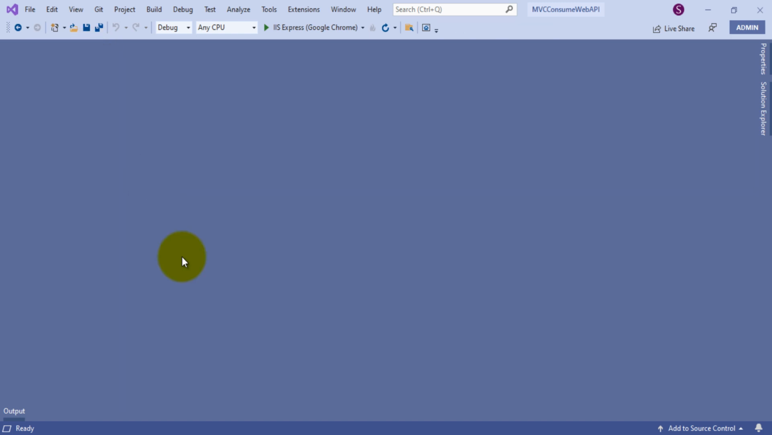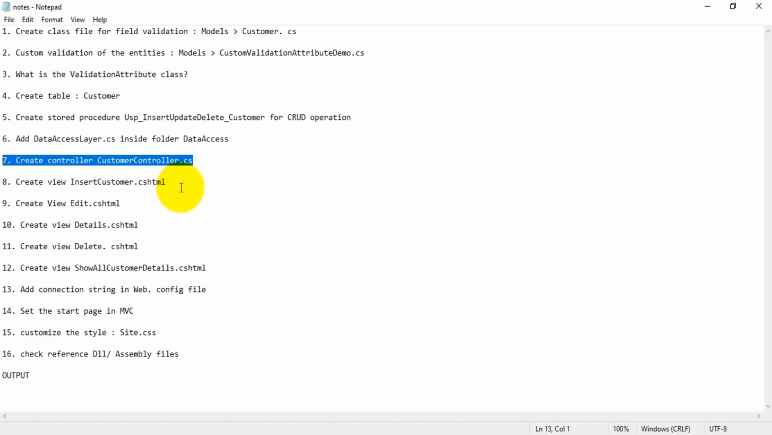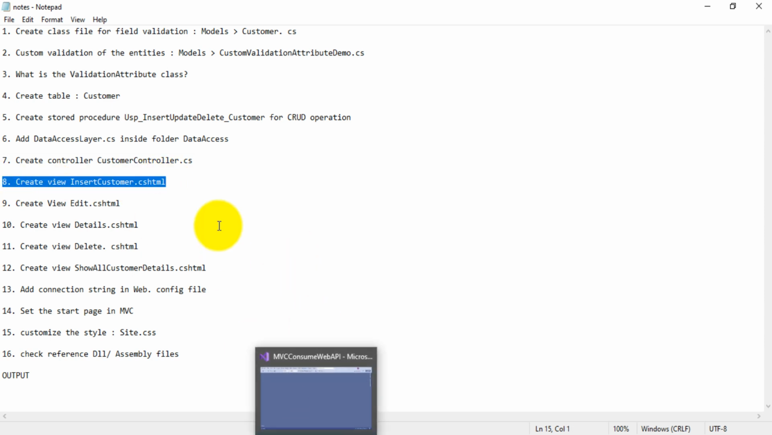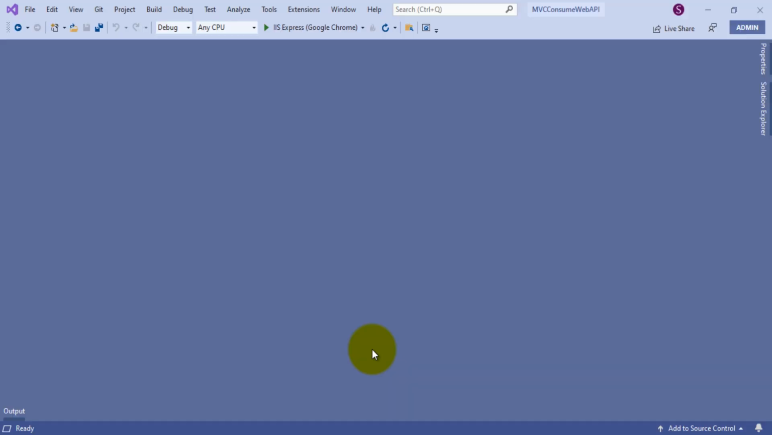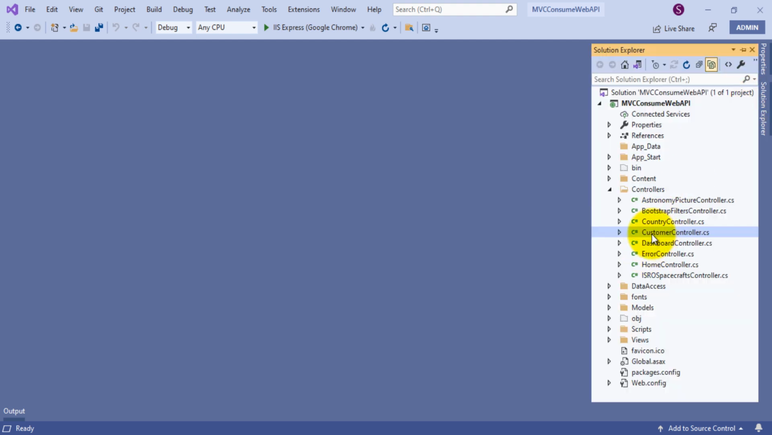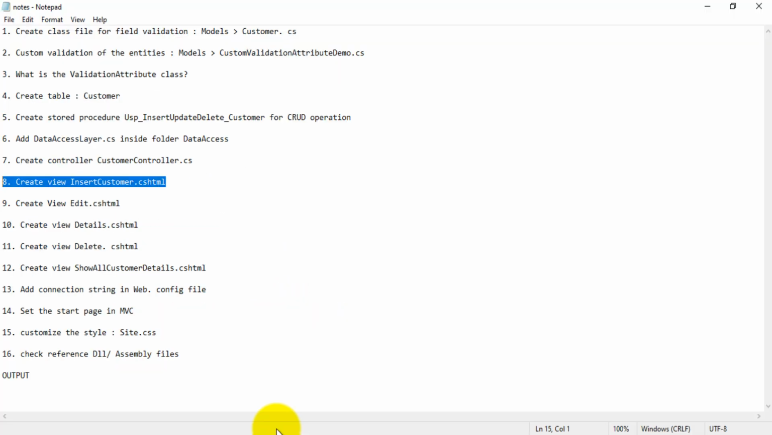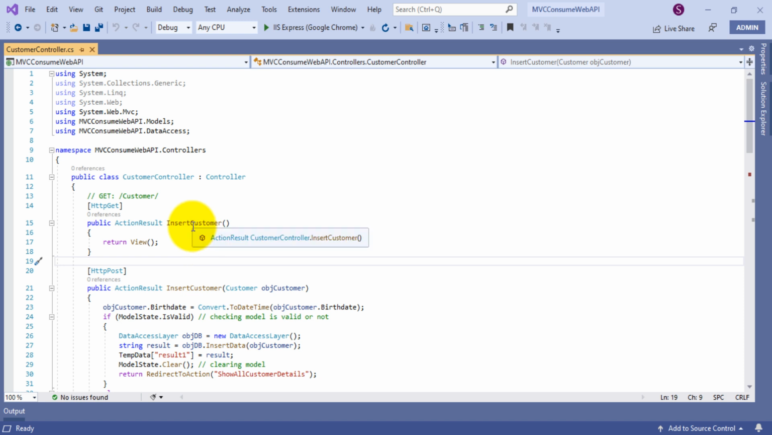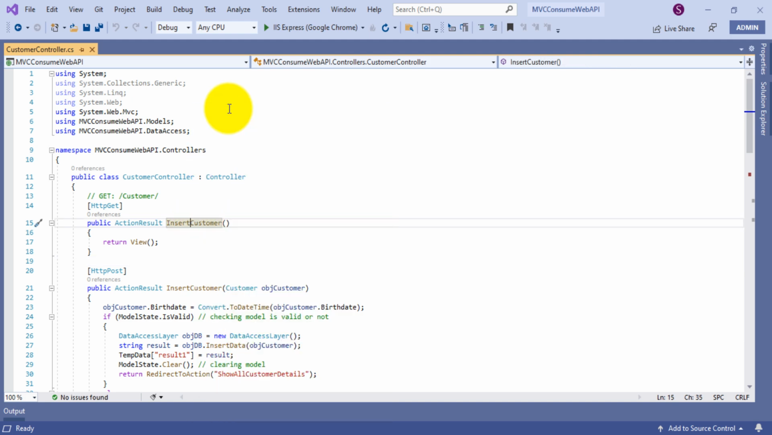Okay guys, so now go to the next step. Finally we need to create the insert customer CSHTML file. For that we need to open this customer controller.cs file. As per the step, we need to create the insert customer.cshtml file. To create it, we right click on the HTTP GET of the insert customer action method and choose add view,